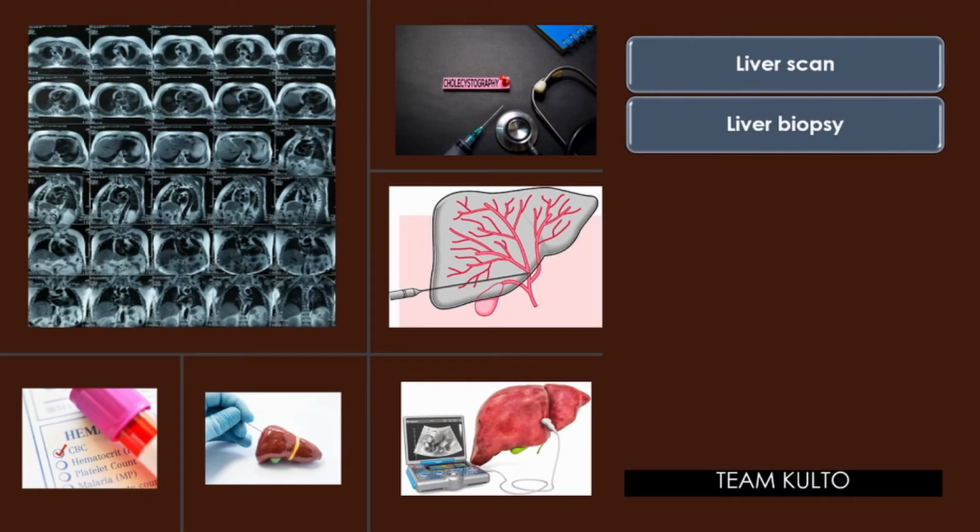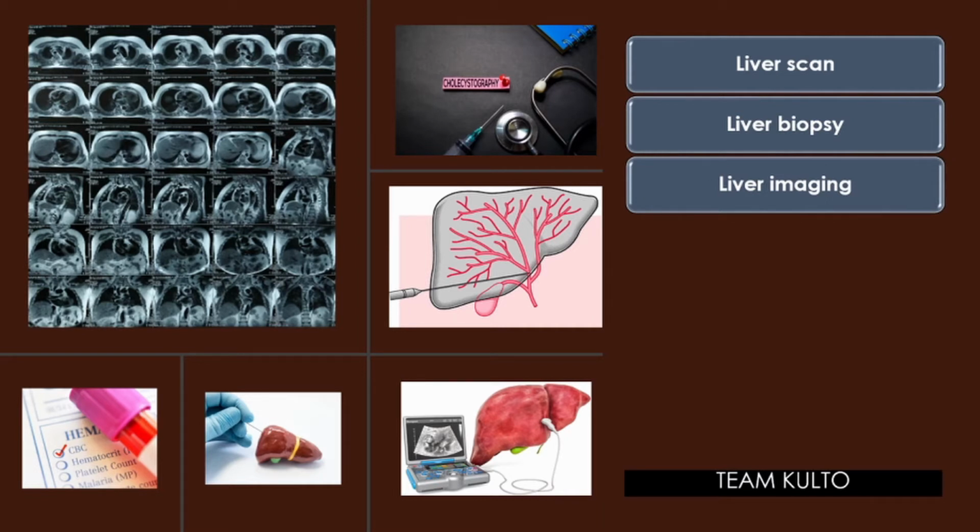Ano pa? Liver biopsy. Now, with this diagnostic procedure, this is actually the definitive test for cirrhosis, as it detects destruction and fibrosis of the hepatic tissue. Confirmatory liver biopsy, liver imaging, computed tomography scan, ultrasound, and magnetic resonance imaging may confirm the diagnosis of cirrhosis through